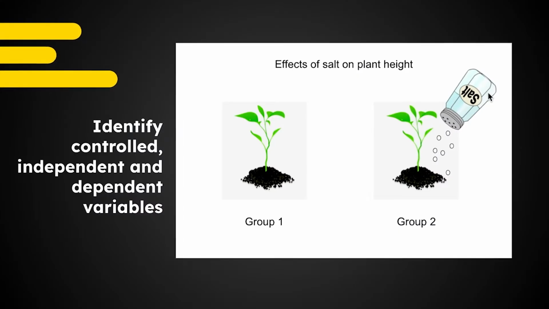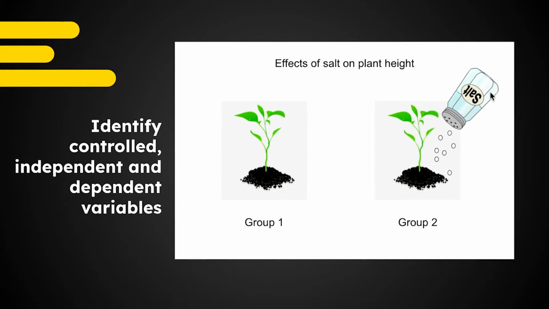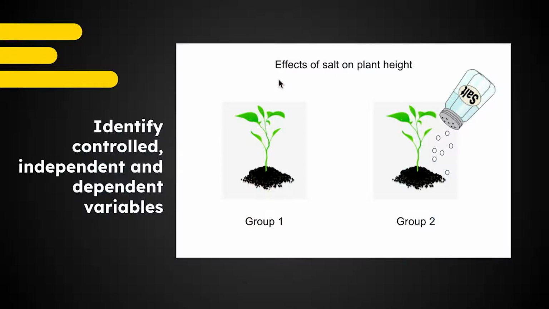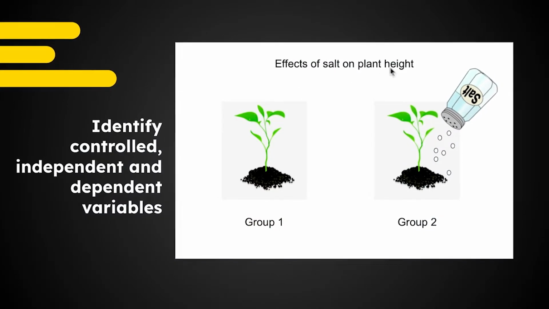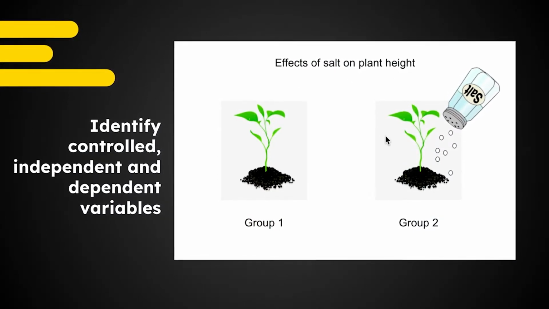And so the independent variable was different between these two. Well, we're adding salt to this one, so that's going to be our independent variable, whether or not there's salt. And the dependent variable, it's in the title right there, effect of salt on plant height. So we're going to measure the plant's height in response to this salt. So the height depends on the independent variable, which is the presence of salt. And so our height